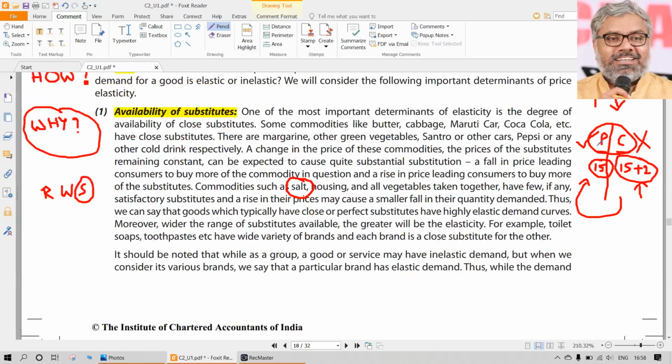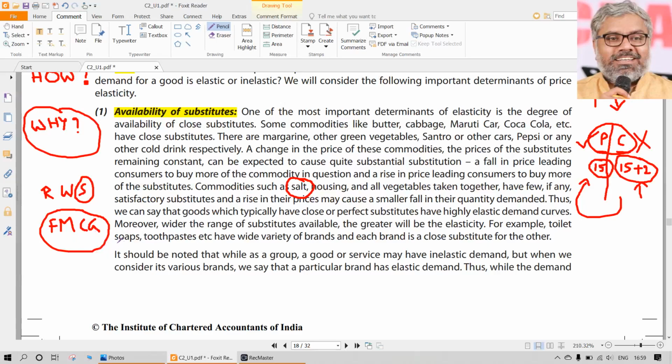On the other side, you can take other examples like soaps and toothpaste. They will have high price elasticity. Why? Because they have very close substitutes. You can use soaps very commonly interchangeably. So shampoos, soaps, toothpaste, we can popularly call all these products fast moving consumer goods, popularly known as FMCG. In most cases, FMCG products have very close substitutes. That is why their price elasticity will be high. Naturally, their demand will be highly dependent upon price.